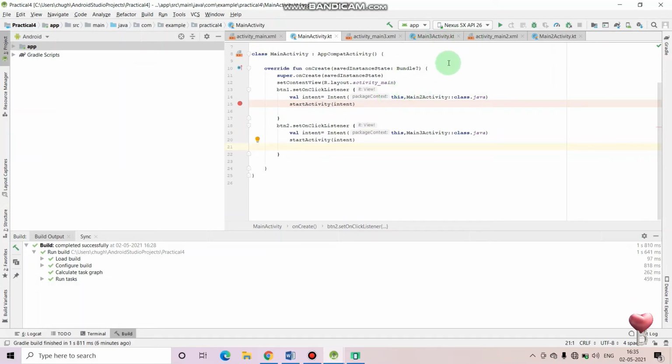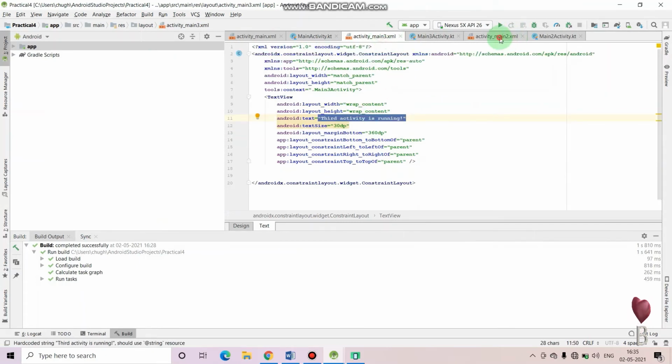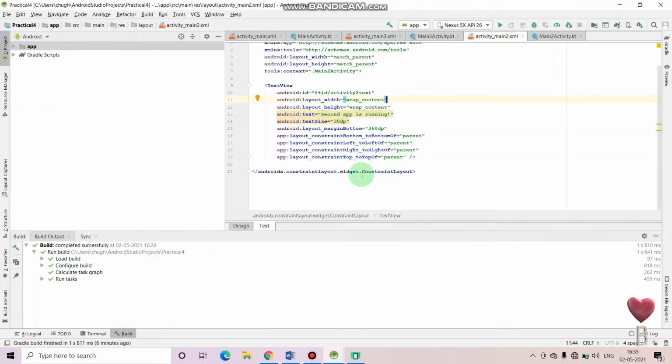And you can do one thing. I told you earlier that in the main activity 2 and main activity 3 XML you can also have 2 buttons. For example, I am in main activity 2, so how will I go to main activity 1 or main activity 3?